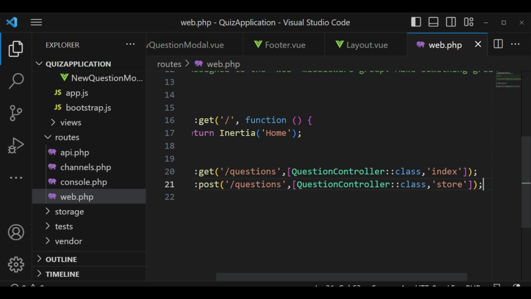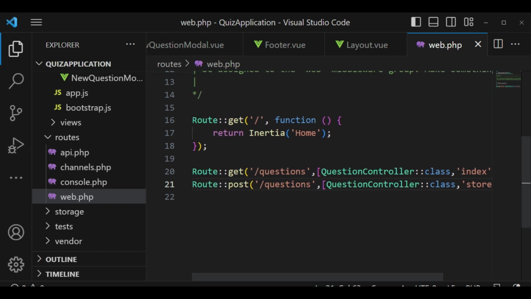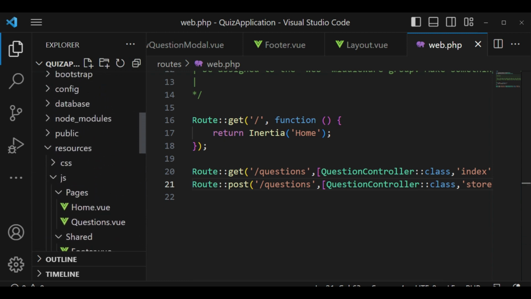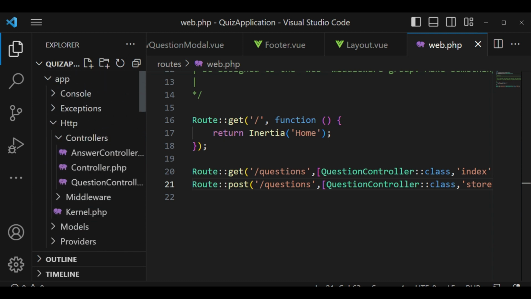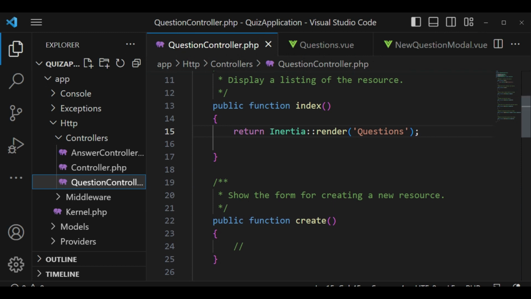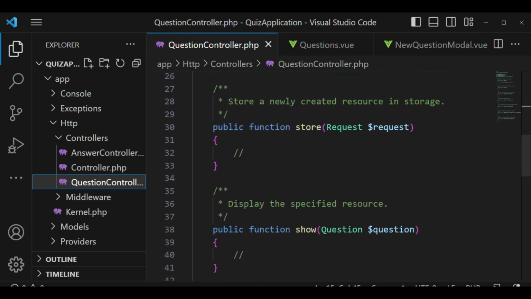Obviously we will have a problem because these routes need to be named routes for us to be able to perform redirects, but I will leave it like that. When we encounter that error, I'll be able to correct it for purposes of understanding. Okay, now we have been able to hit store, and I just want to go to our controller method for storing. Here in the store method, I want to just return